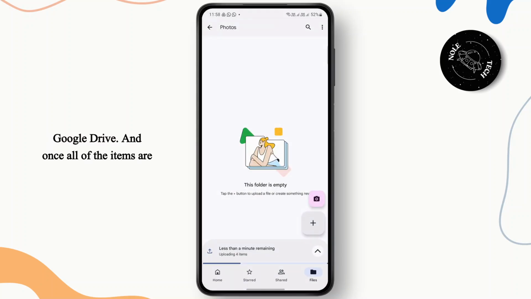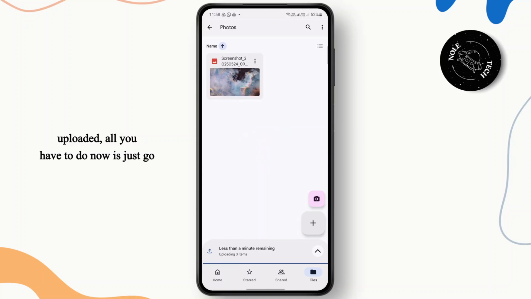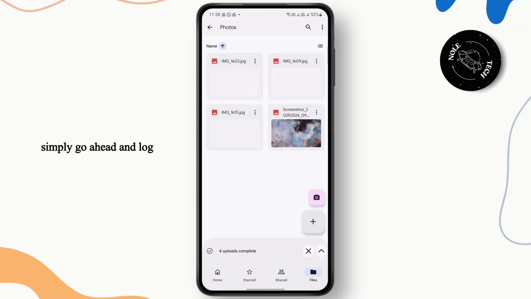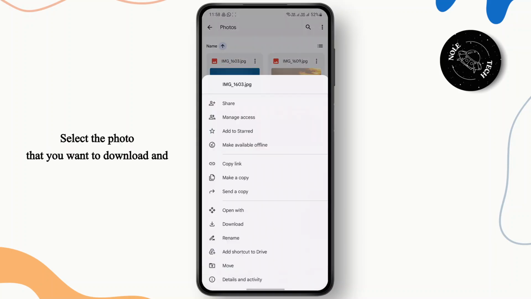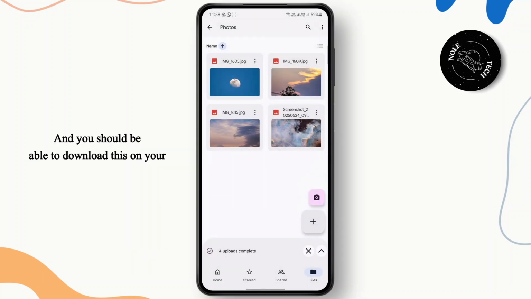And once all of the items are uploaded, all you have to do now is just go ahead and open up your laptop or your PC and simply go ahead and log into this exact Google Drive. Select the photo that you want to download and then simply click on that download option, and you should be able to download this on your PC without any cable. That's how you basically transfer files or photos from your phone to laptop without a